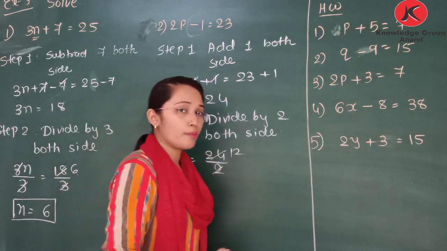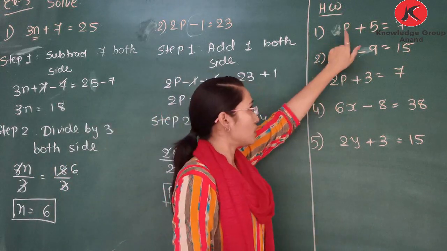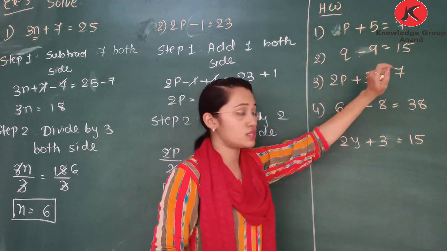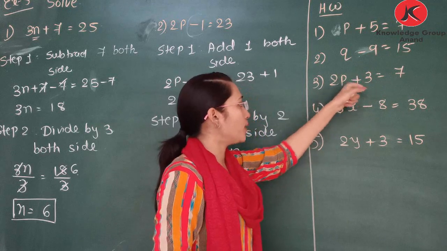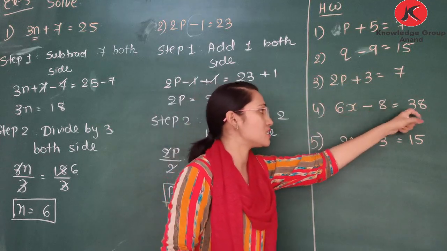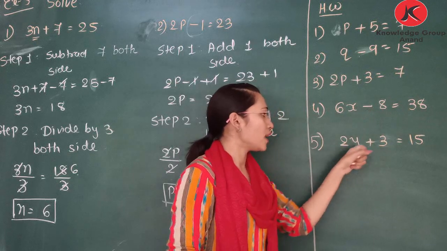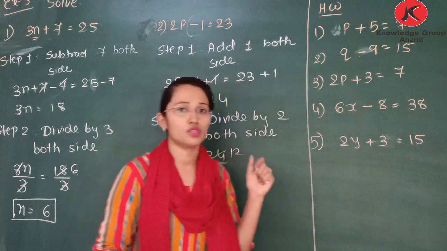Here are some examples for your homework. You need to apply the same method as we learned. So here first is p plus 5 is equal to 7, q minus 9 is equal to 15, 2p plus 3 is equal to 7, 6x minus 8 is equal to 38, 2y plus 3 is equal to 50. You need to solve these equations using the method we